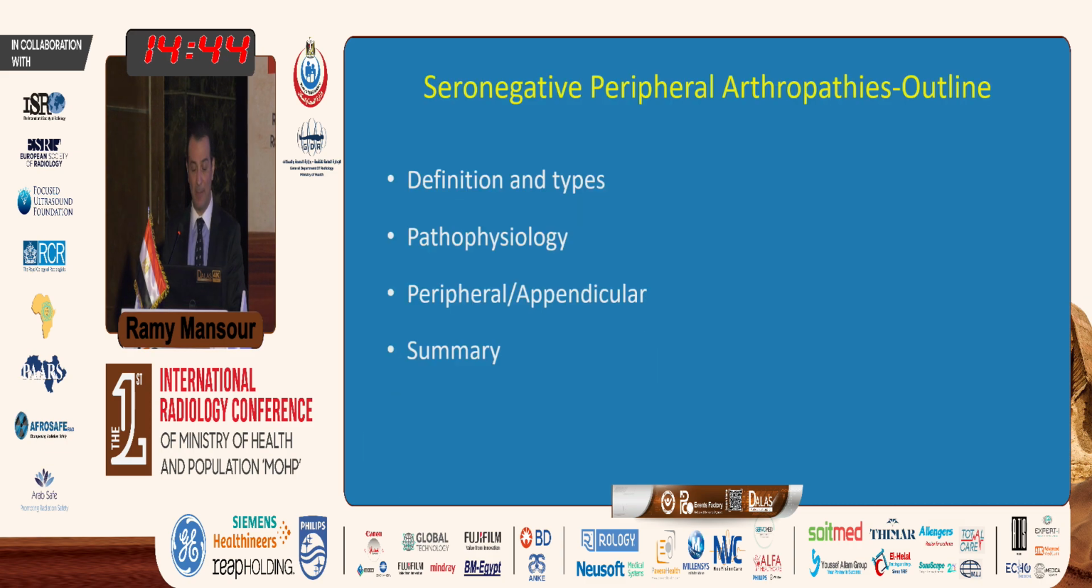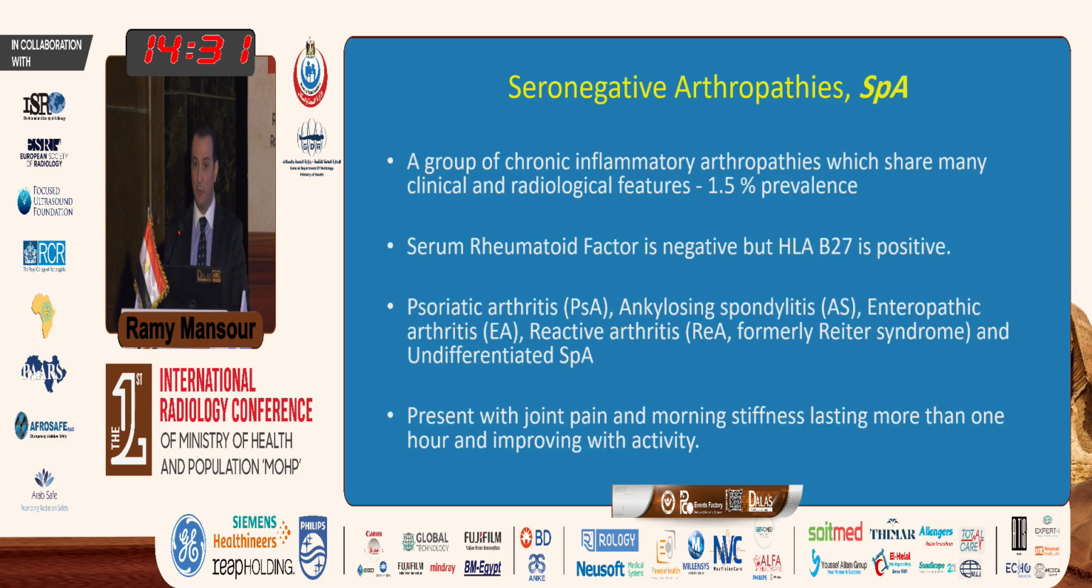This is the outline of my presentation. I'll go through the definition and types of seronegative arthropathies, the pathophysiology, the peripheral, or what they call appendicular, seronegative arthropathy, and a summary. So just an overview: seronegative arthropathy is a group of chronic inflammatory diseases that share